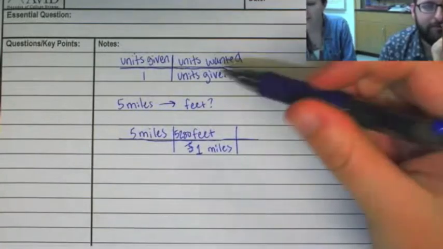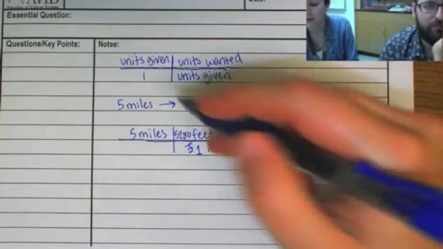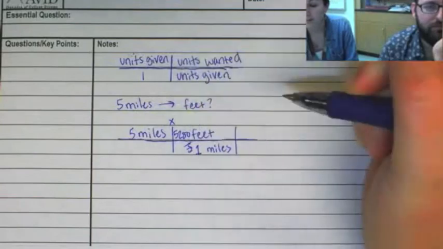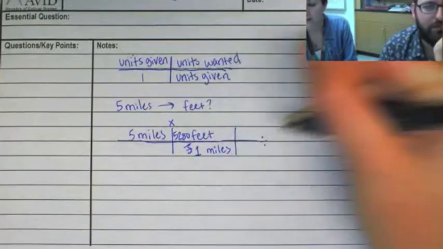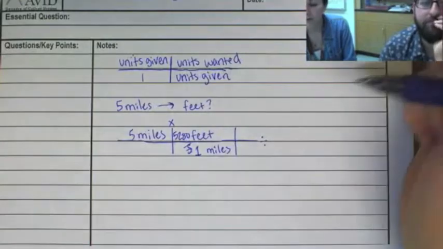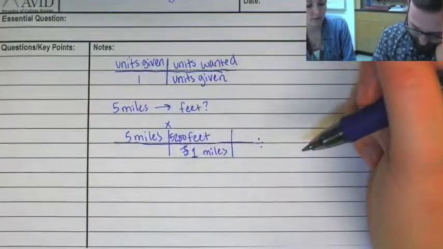So these numbers that are on top, you're going to multiply. If they're right next to each other, you multiply them. If the one's on top of the other, you would divide them. Okay, so all we need to do is just multiply these 2 numbers because this 1 right here is understood. So we're going to do 5 times